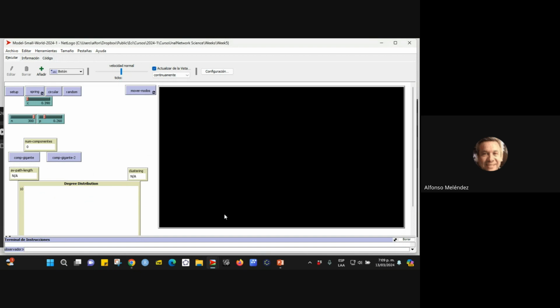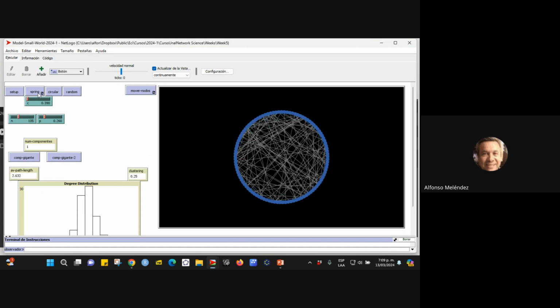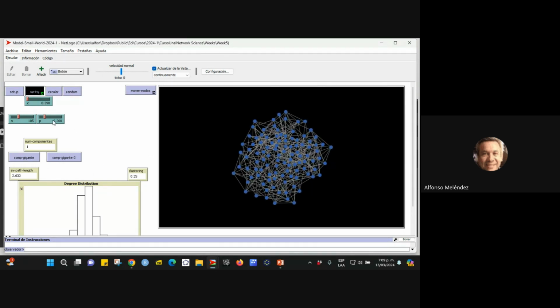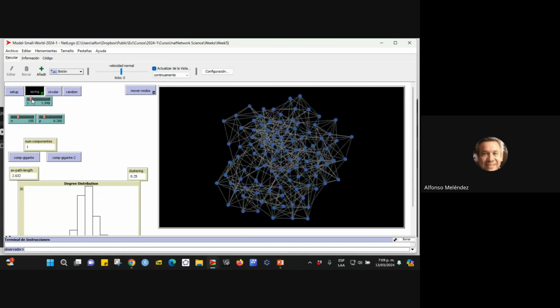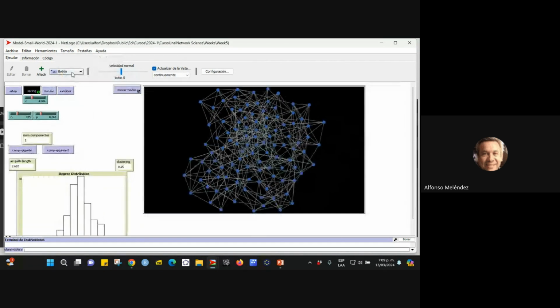We're going to see these properties in this model. I'm going to reduce this a little bit. Wait a minute. Okay, this is a small world model. Let me show you